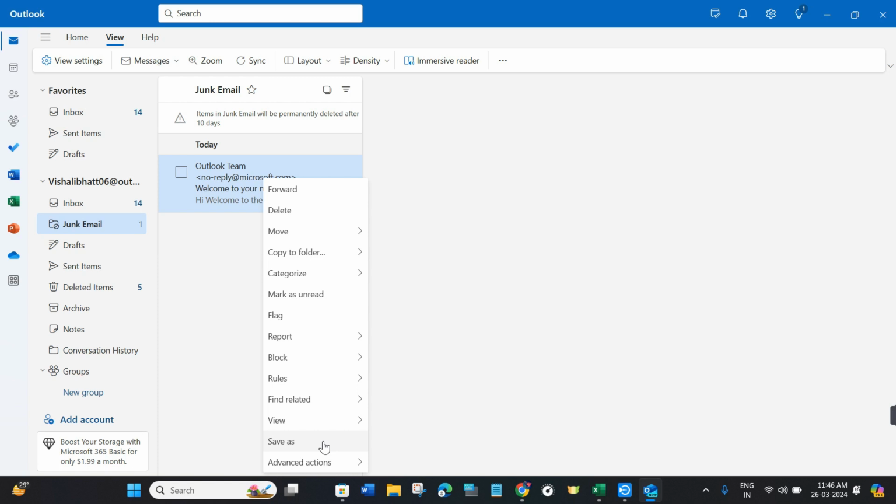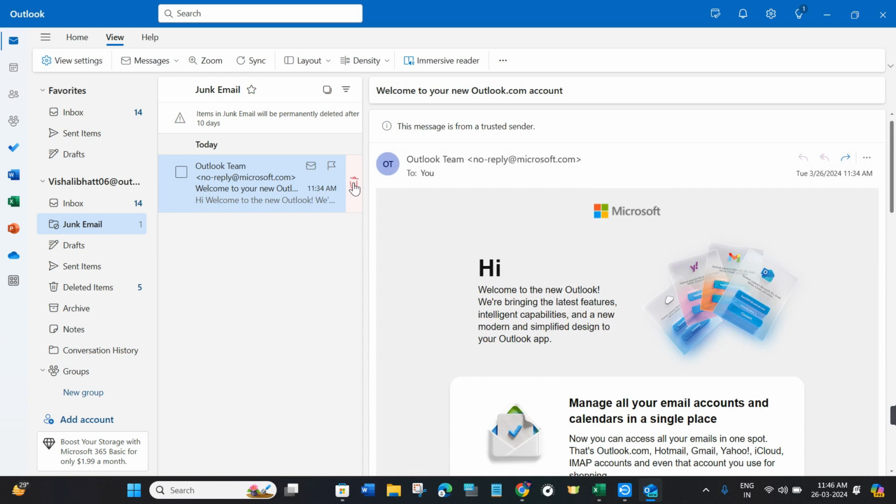If you want to save the junk email, then you can tap on save as and you can save it. After that, in the advanced actions, you are going to see create task. So if you want to create any task for the email, then you can also do this. If you click on it, then on the right hand side you are going to see this delete button. So if you want to delete any of the emails from your junk email, then you can click on this